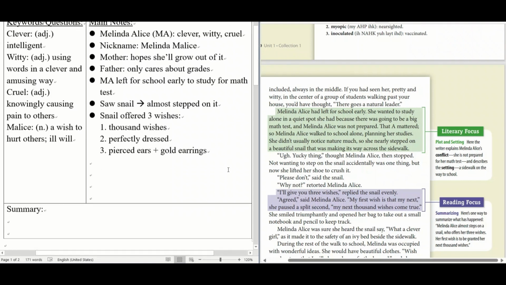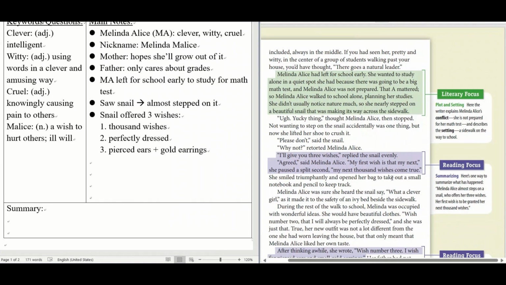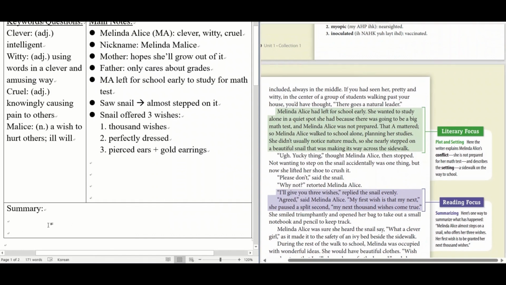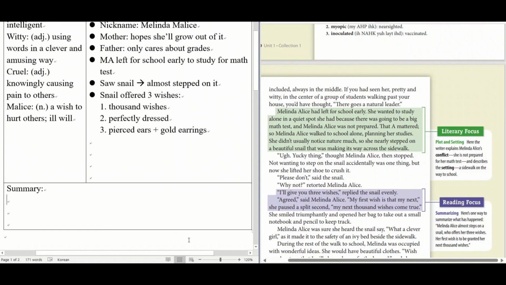All right. So this is obviously not the whole story, but this will give you a good idea of how to do these notes. So let's move on to the summary. Obviously, I can't write the whole summary because we did not finish the note taking for the entire story. So I will just write part of the summary. So we're going to start with the title. We say those 3 wishes, and then let's include the author,